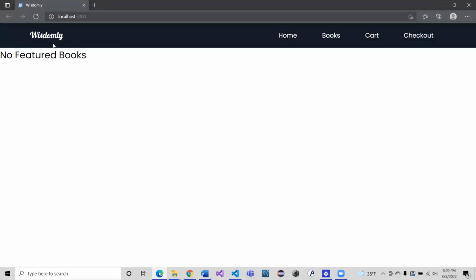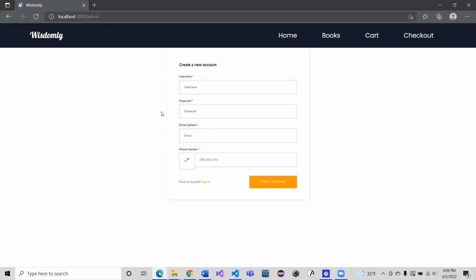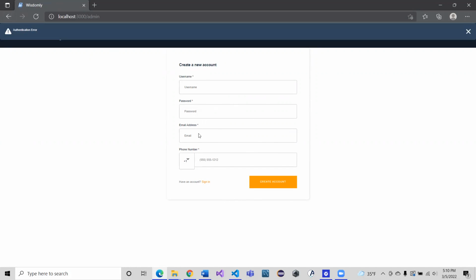AWS takes a very long time to load. And this is what should be shown. And what we can do, we could go to admin. And this is where you could create a username, you could create a password, you could create an account. And because it links into Amazon, use your Google account, you can use Amazon account, and you could sign in as an admin, you could sign in as a guest, but sadly, even though I have nothing in here, this pops up even if I meet all of the credentials in this box. And that's the part that doesn't seem to work,